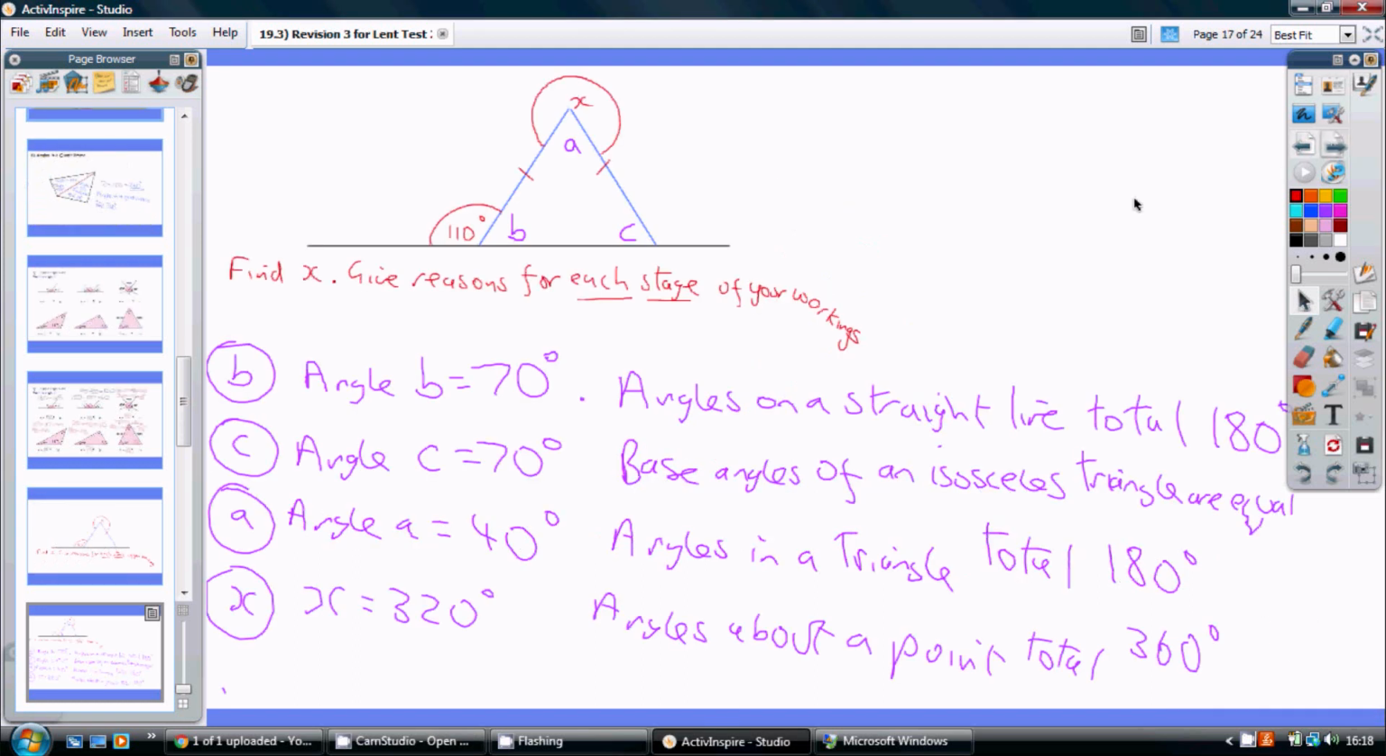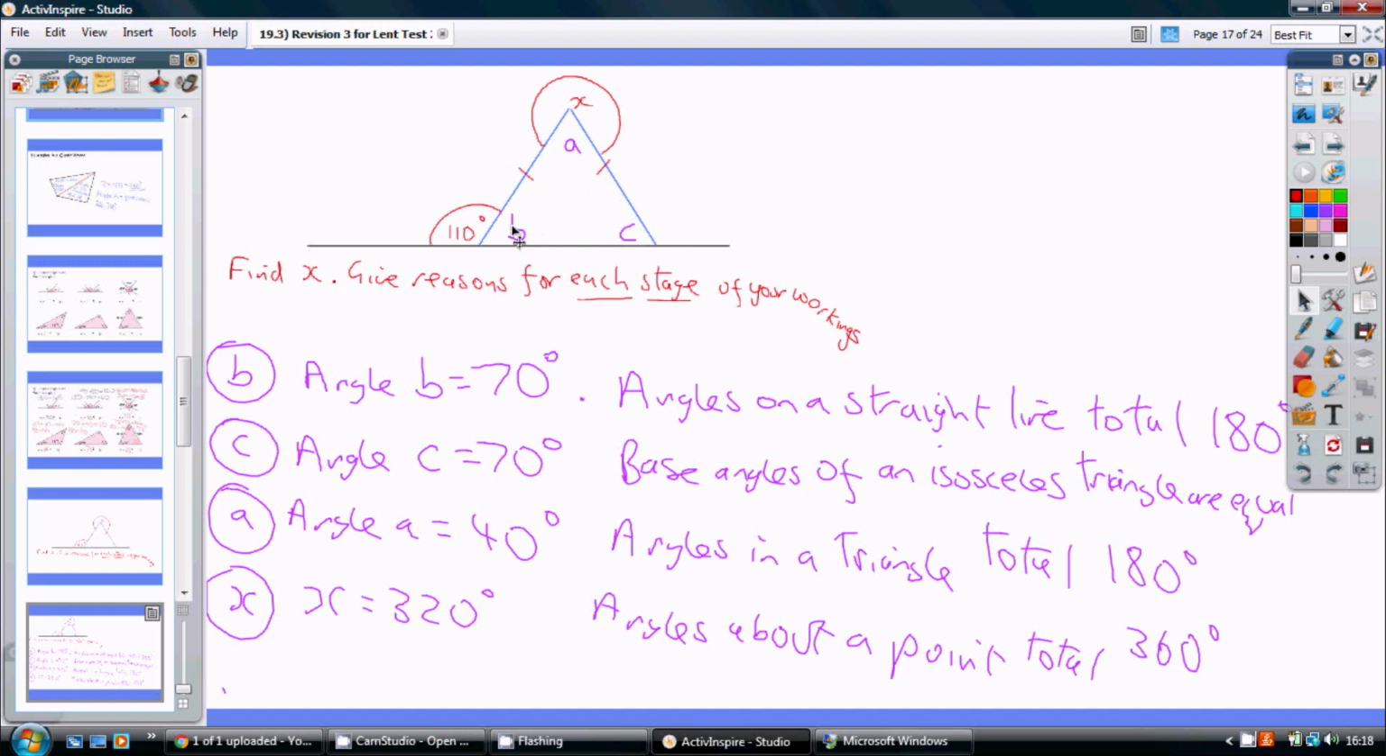So, working our way around the triangle, the first thing we could do is work out that this angle here that I've called B is 70 degrees, because angles on a straight line add up to 180. The second thing I could work out was this angle C. Now that's the same as angle B because they're both base angles of an isosceles triangle, so C is also